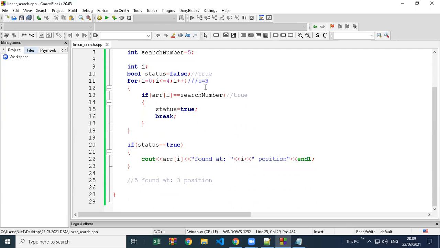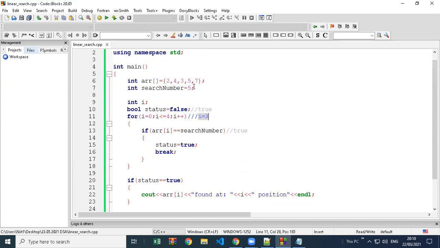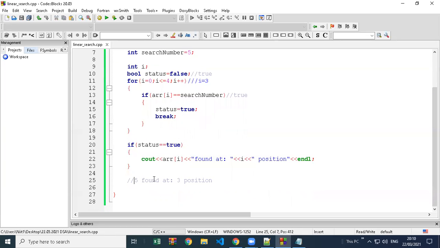If you concat this complete cout message, you get this message: 5 found at 3 position. ARR of i is 3, so 0, 1, 2, 3, so 5 is ARR of i. 5 then found at colon, i value is 3, so 3 position.